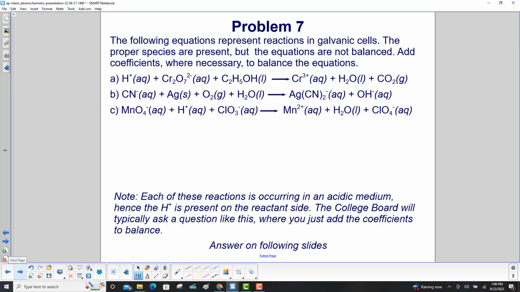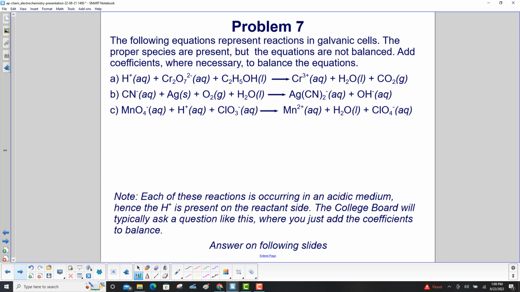The following equations represent reactions in galvanic cells. The proper species are present, but the equations are not balanced. Add coefficients where necessary to balance the equations. Note at the bottom here, each of these reactions is occurring in an acidic medium, hence the H+ is present